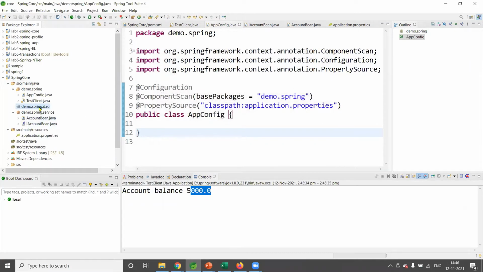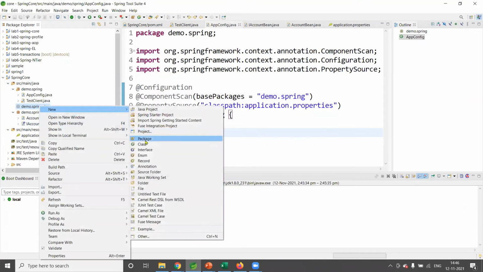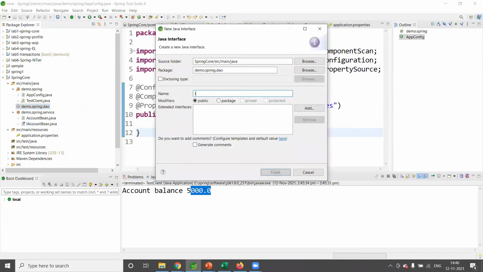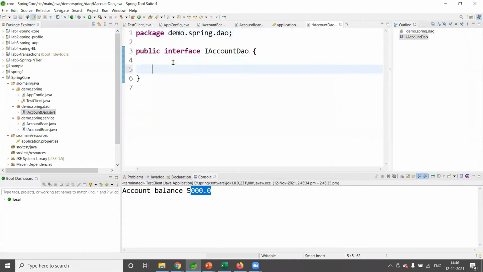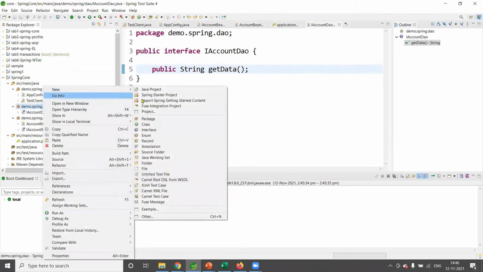In the DAO, I'll create one interface, AccountDAO. Inside that, I'll put one method, public String getData. Assume that it is going to retrieve from some database.